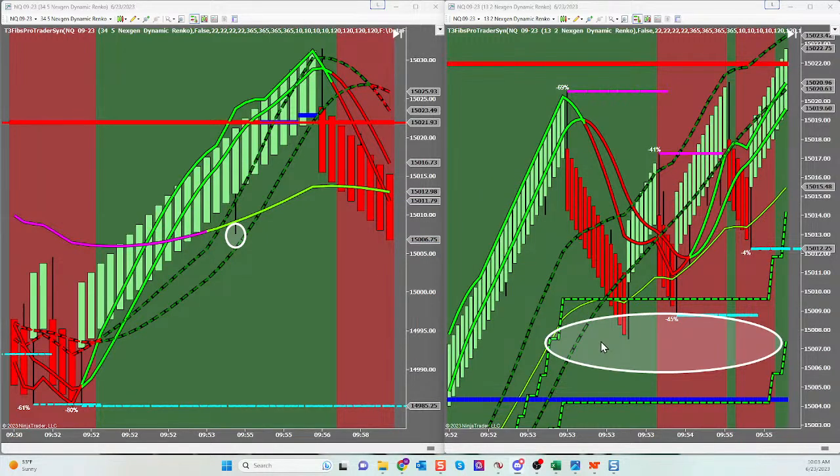This is where the study comes in. This is where you build confidence. This is where you build trust. You do it through study, guys. You do it through repetition.